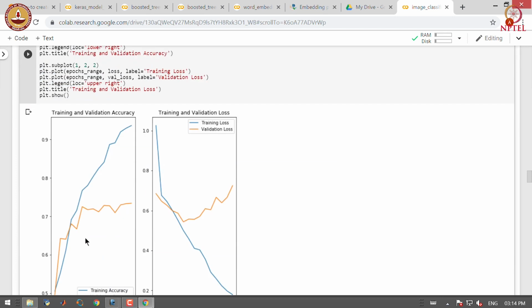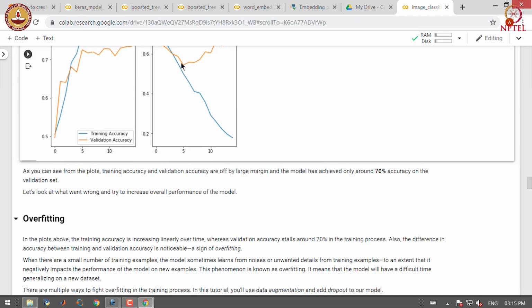You can see that as we trained for more epochs, the training accuracy kept rising, whereas the validation accuracy plateaued after some time. We also see a similar trend in the training and validation loss, where training loss was consistently decreasing as we train for more epochs, but validation loss initially declined, but then rose steadily after about the 5th epoch.